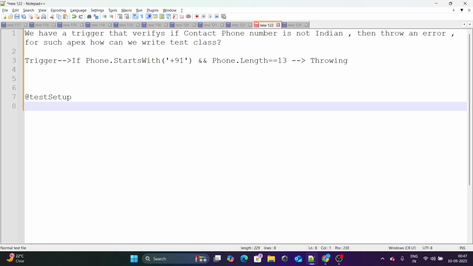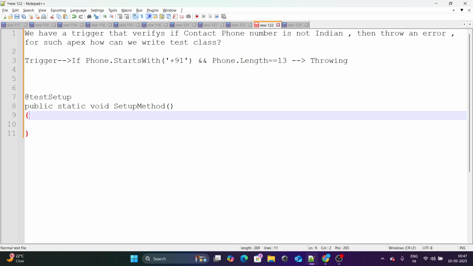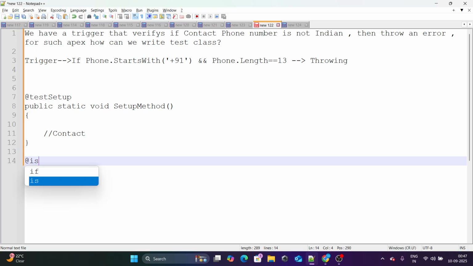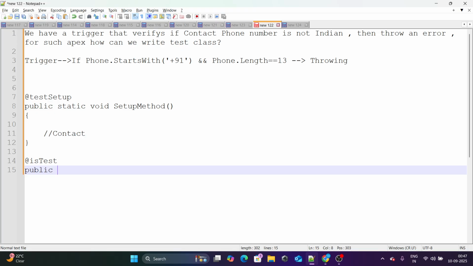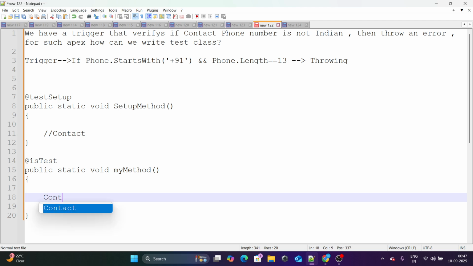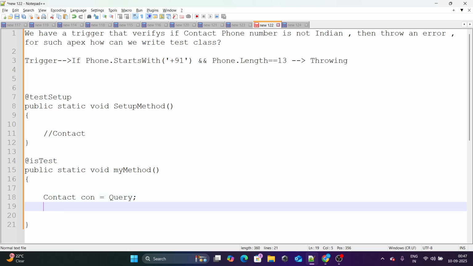I will go ahead and write public static void setup method. In the setup method I will create a contact, just a normal straightforward contact, nothing else. And if I try to write a test method in this scenario, public static void myMethod, and I go and query the contact, I queried the contact,